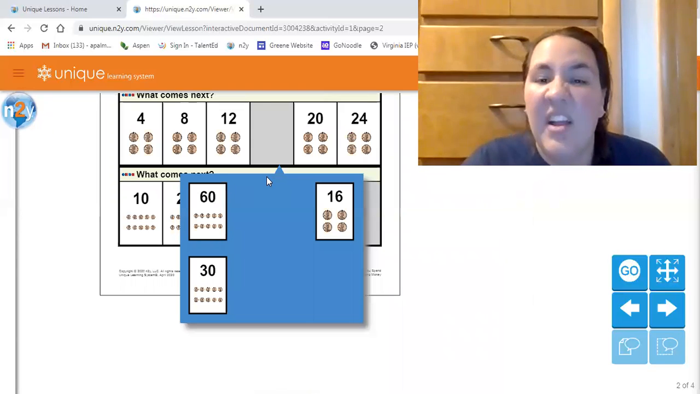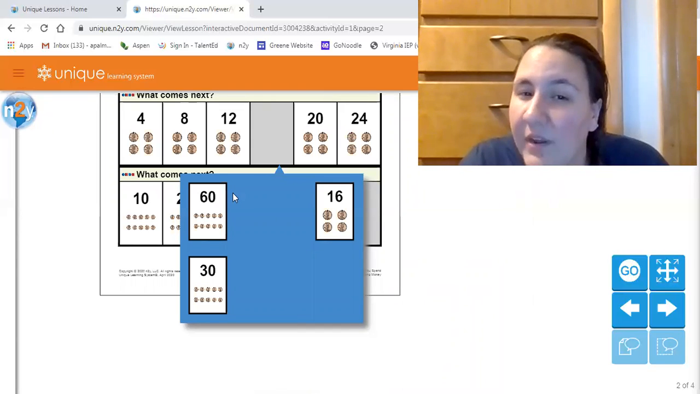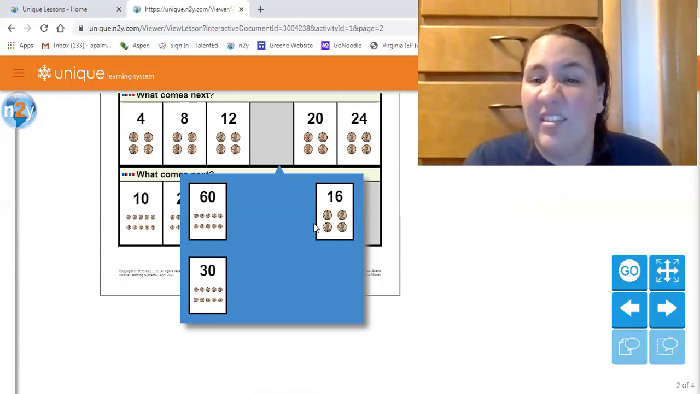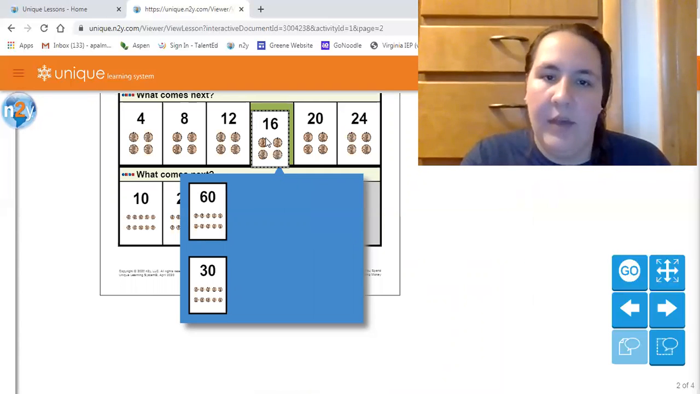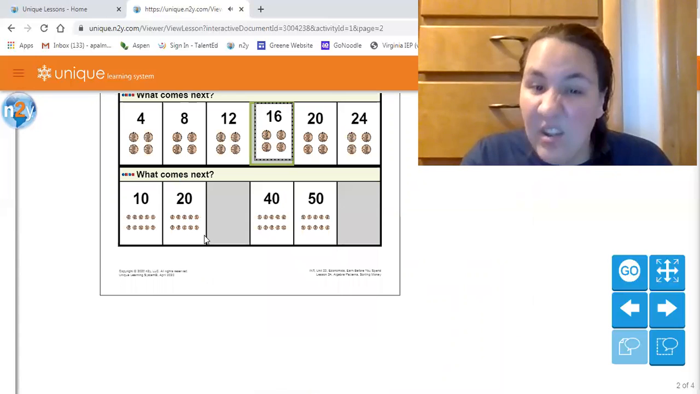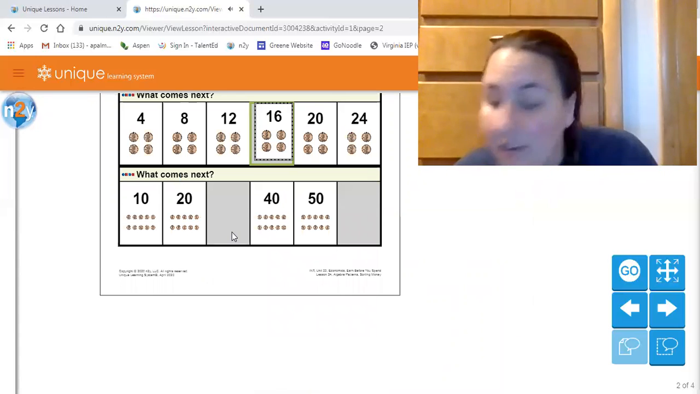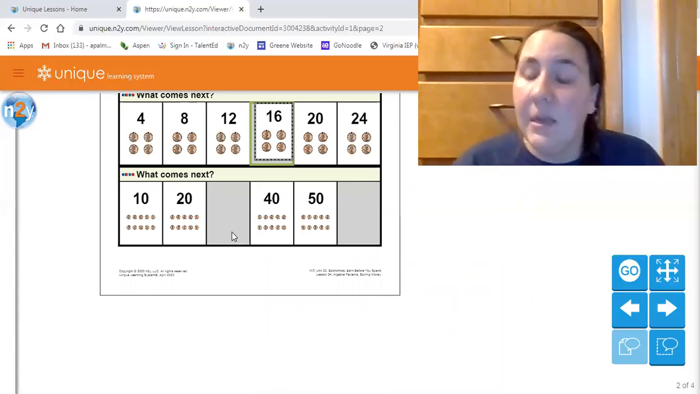16. Very good. This one was tricky because we have 60 over here and we have 16. But we know we're counting by 4s and we want 16, a 1 and a 6 together. Beautiful counting. All right, this one we're counting by 10s, which is easy peasy because in a previous lesson,